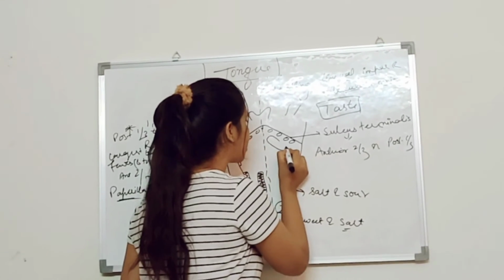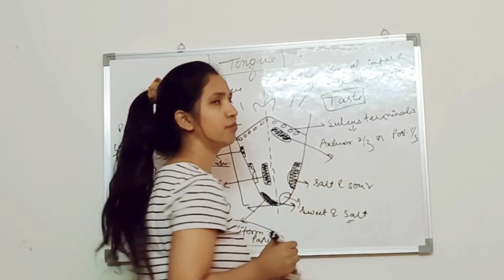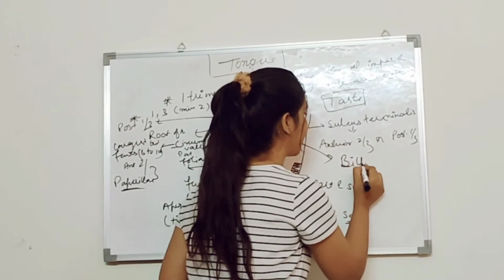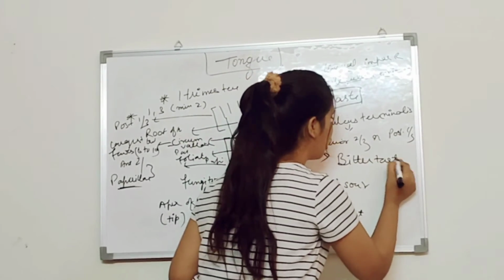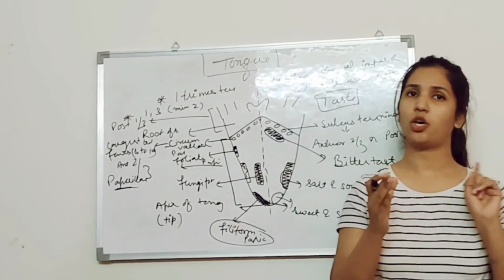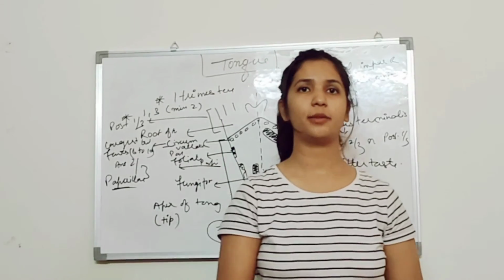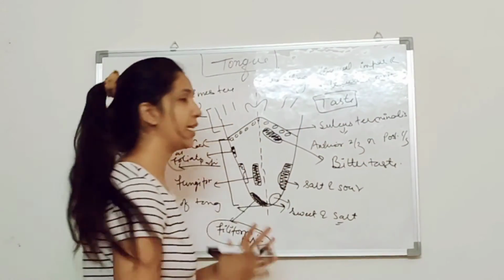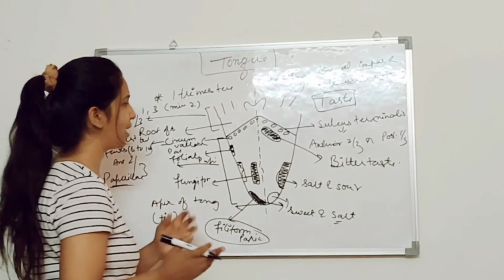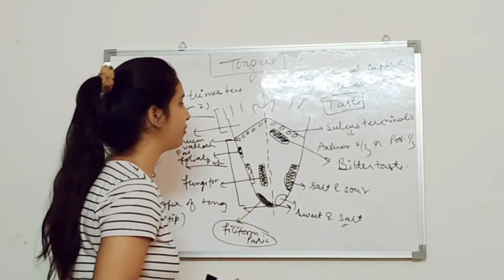And the bitter taste of the food is by this region, the portion posterior to the sulcus terminalis is responsible for the bitter taste. So in order to explain the anatomy of the tongue, you have to identify all the papillae of the tongue. You have to describe all the taste sensation of the tongue, all the muscles and everything in detail. So I told you every detail about the papillae in one or two terms. So you have to remember these few lines about each and every one.